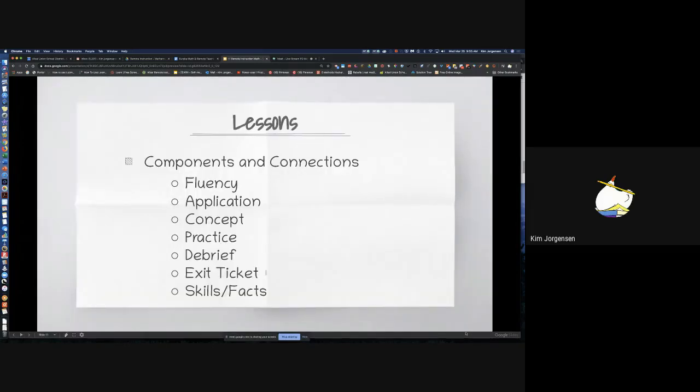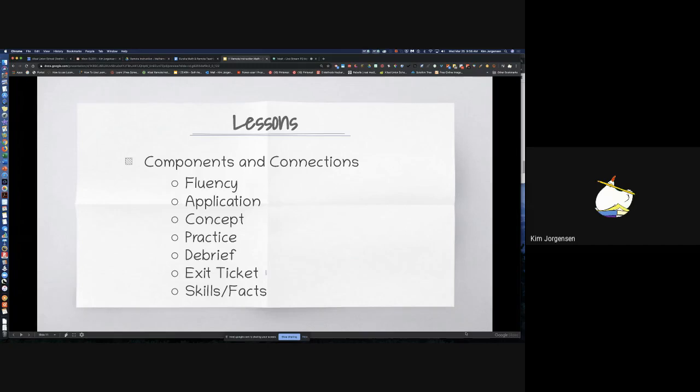So what I'm going to do here is go back and forth between the component and possible ways to deliver the different components. All of these components are important. If you take them out, you're missing how it all connects together. Oh my gosh, you've heard me say that a million times. You're tired of it.